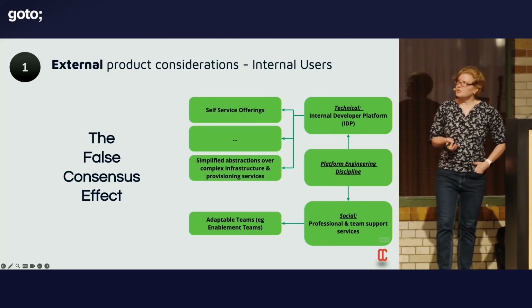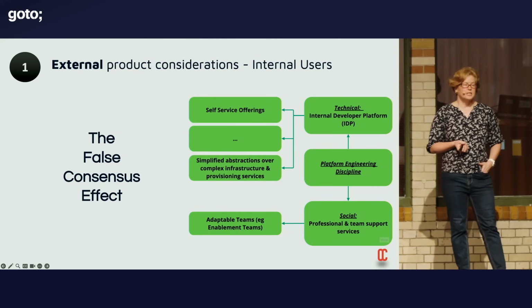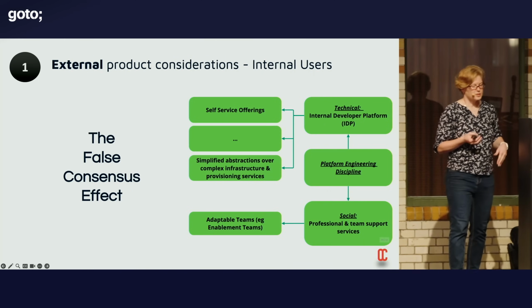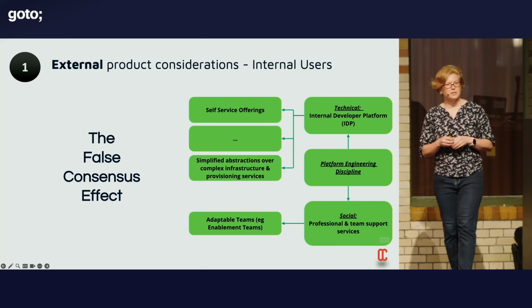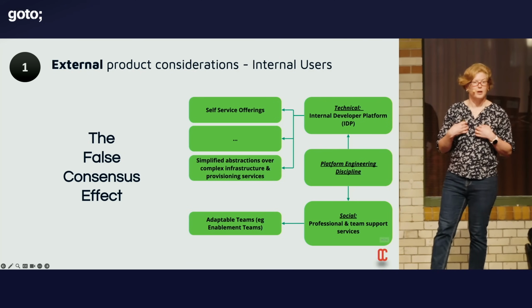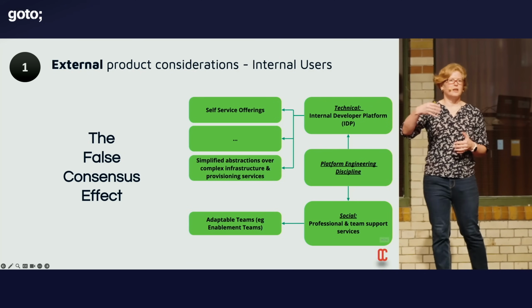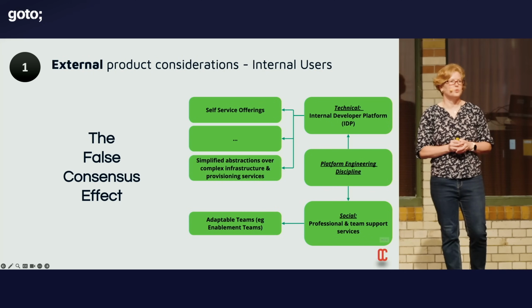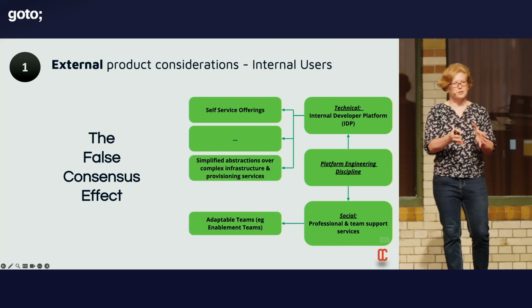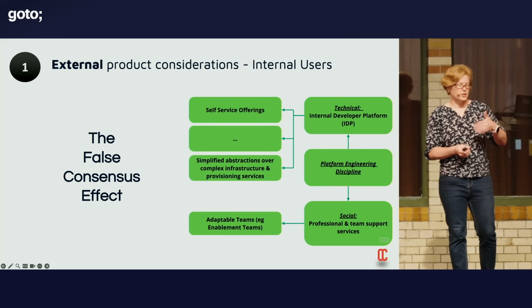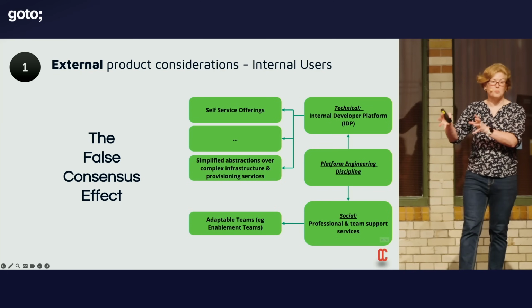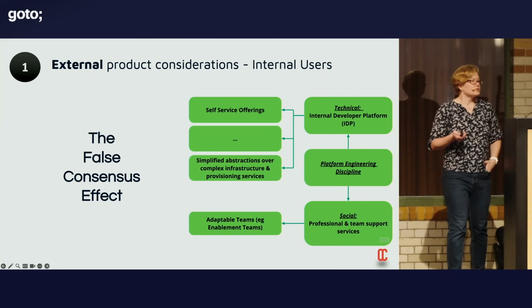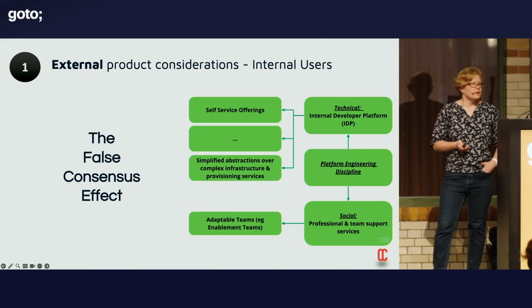Now, this can sometimes be known as the false consensus effect. And as I said, it comes about because sometimes we believe that we know what's best. So we might say, well, as a developer, I identify there's consensus around how a particular thing would work, and so we'll just short-circuit that question in asking the users and actually just implement it a particular way. And ultimately, just kind of decide for them.